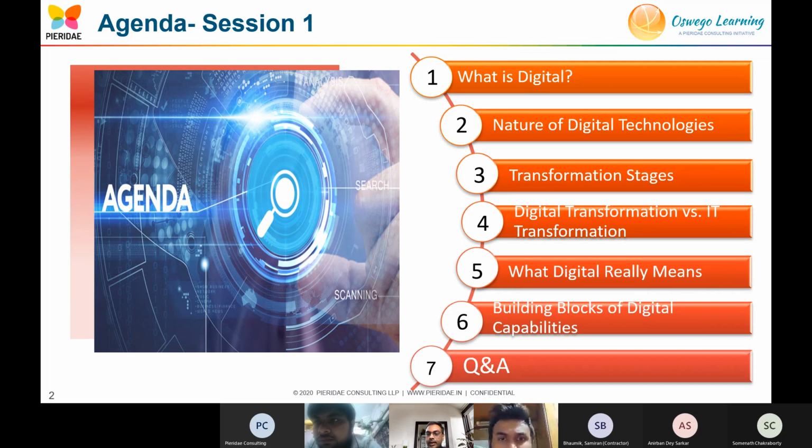What is digital? What are the different natures of digital technologies? There are some common features of all digital technologies. We'll know that. What are the different transformation stages for our organization? If my organization today is at ground zero, I don't have any digital technologies. So what are the different stages through which our organization moves to a digital transformation journey and finally achieve the,